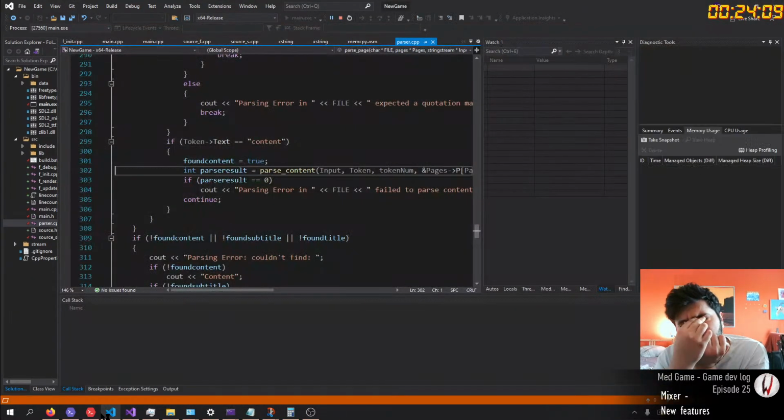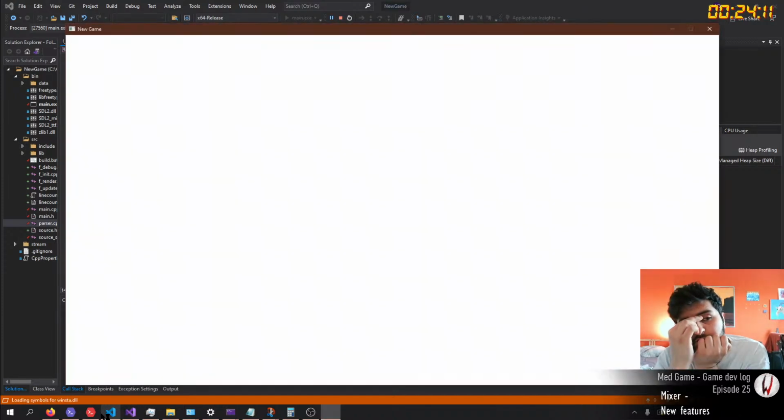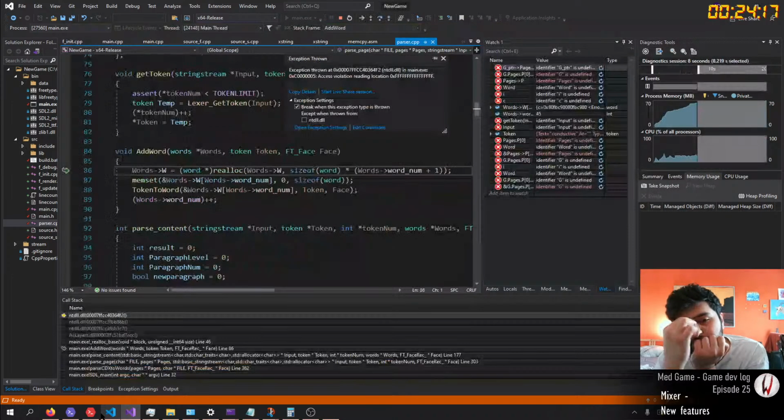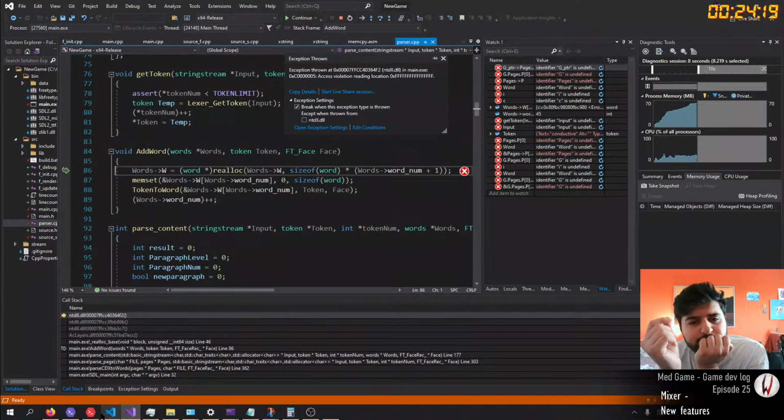At least show me the crash, damn it. Why won't you crash into the debugger? There you go.